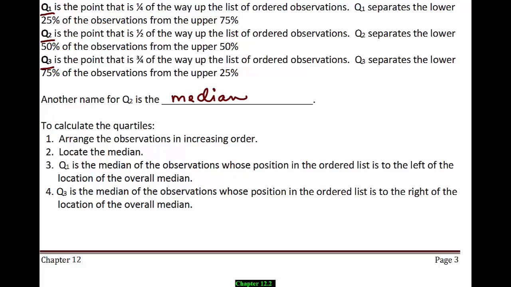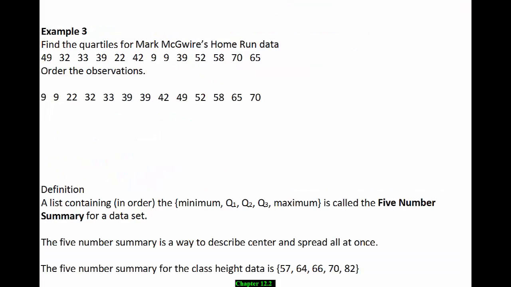So the name of the game is going to be to find the median first. We've already talked about how to do that. And then we're going to separate that lower half of the data from the upper half, and Q1 is going to be the median of the lower half of the observations, and Q3 is going to be the median of the upper half. Let's do an example with the Mark McGwire home run data again. So we're going to find the quartiles for this data set. Now if you recall, this had 13 observations, so that meant there were 6 to the left of the median and 6 to the right. So we found the median, otherwise known as Q2,